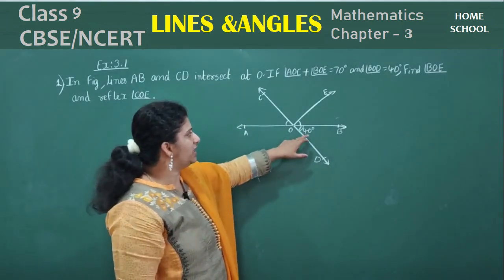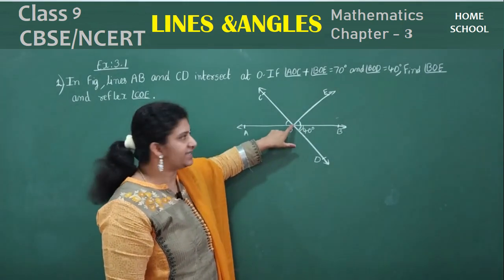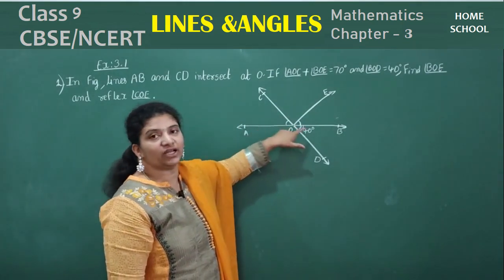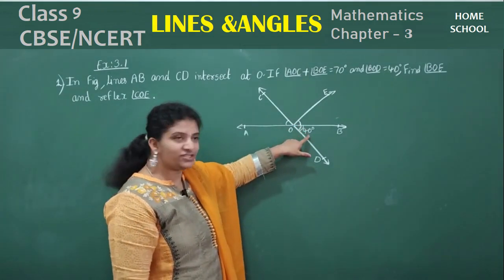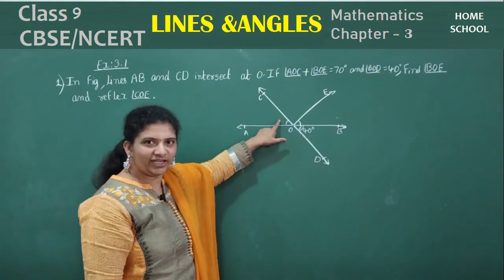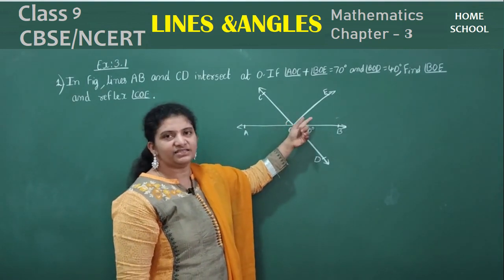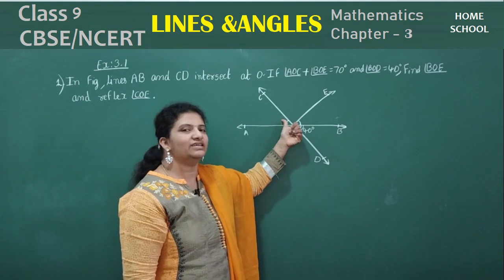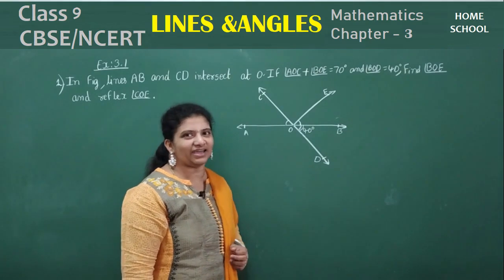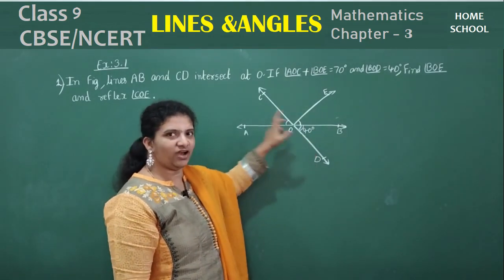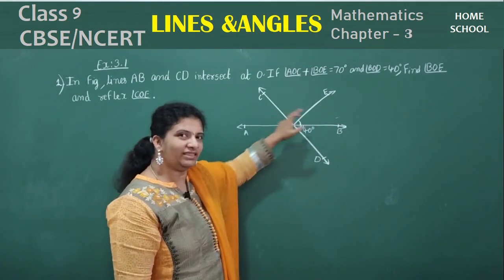So observe here children, immediately I'll say two lines are intersecting each other. So at the intersecting point, these angles create vertically opposite angles and they are equal. If this is 40, what will be this? 40, right? This is 40 degrees. This plus this is 70. 70 minus 40 will be how much? Yes, 30 degrees is this. See how easy it is to find the angles. Once again, vertically opposite angle 40. This plus this is 70, 70 minus 40 is 30.